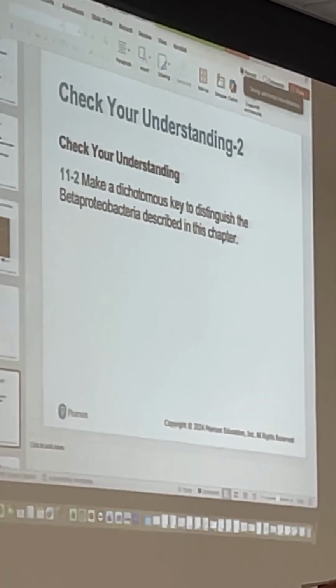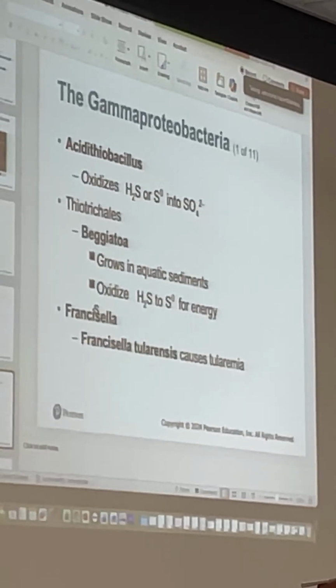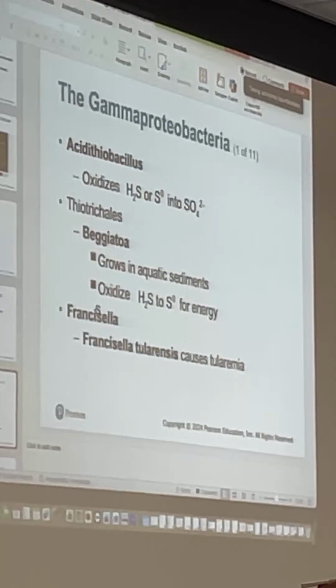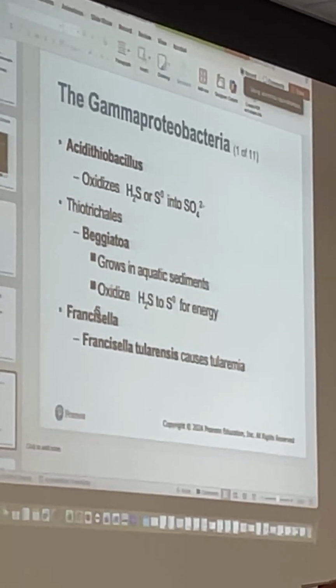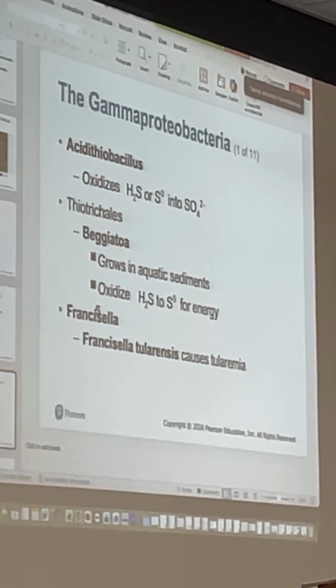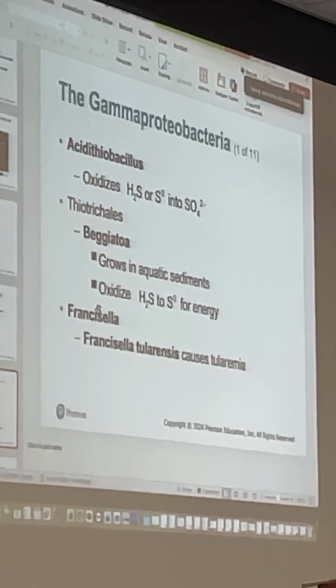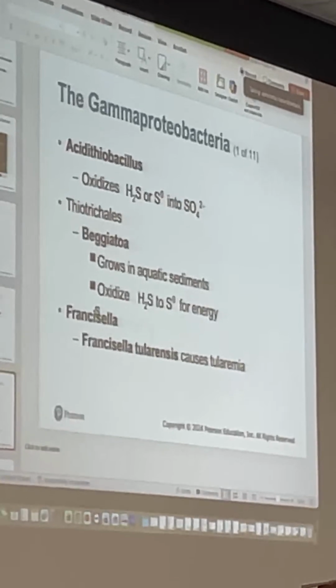All right, so make a key that makes you happy. All right, gamma. Okay, gamma is fun because this is the largest class of the proteobacteria, or the Pseudomonadota. So this is the largest class, right? These are going to be very important because this is where we're going to be finding our enterics hanging out. All right, so these are pretty important. Okay, so the first one,